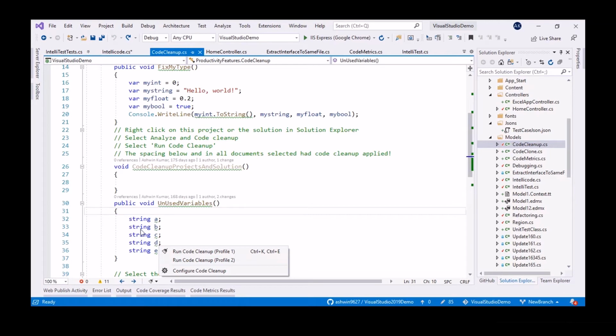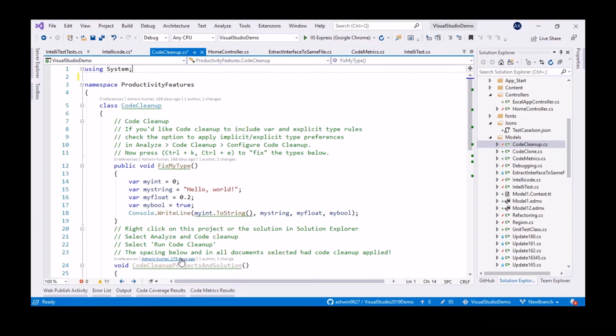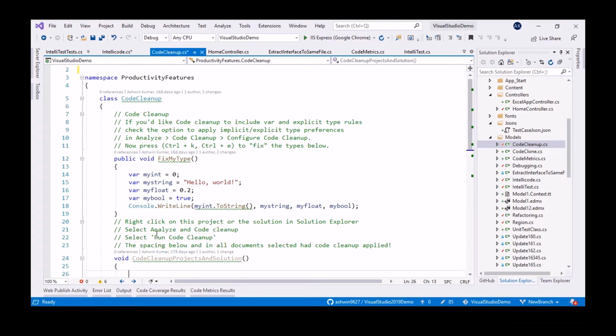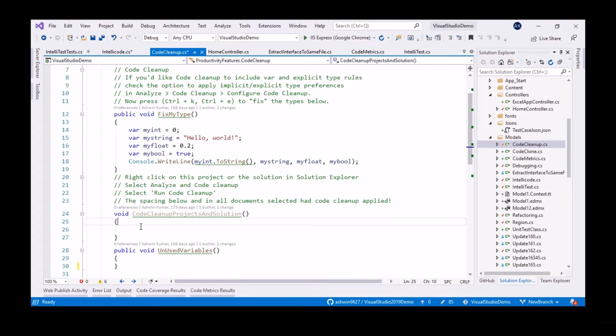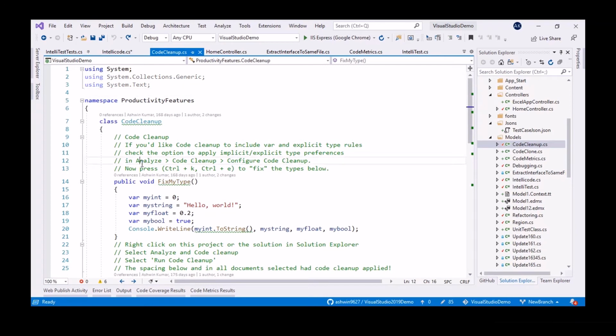I want to clear the unused variables, not this one, but I want to remove these usings. So how can I use this? I can select here and click on profile 2. Immediately you can see the unused variable is cleared, and this using is declared but I never used it, so that is also removed. So that is how you can use instant code cleanup.